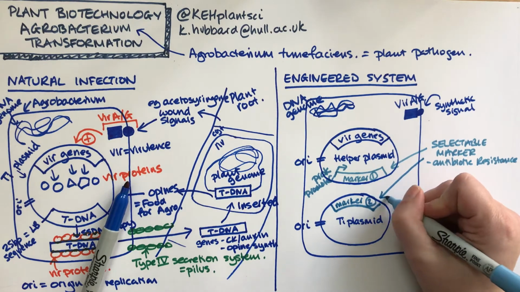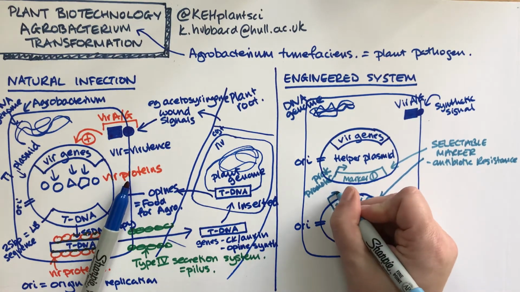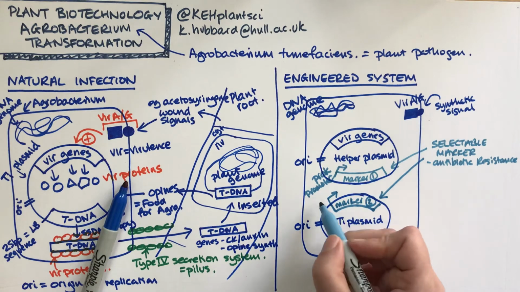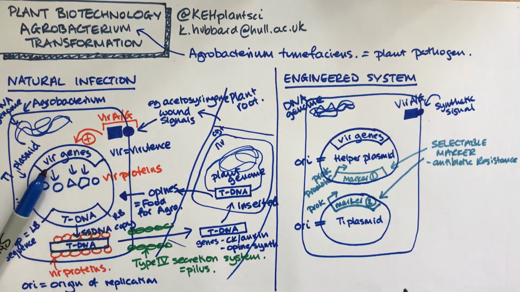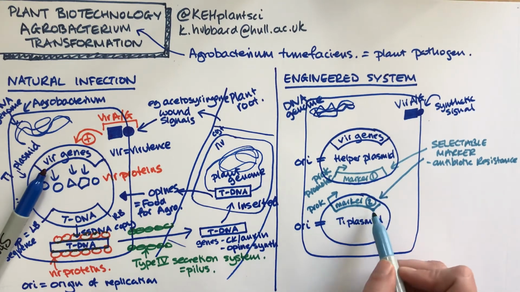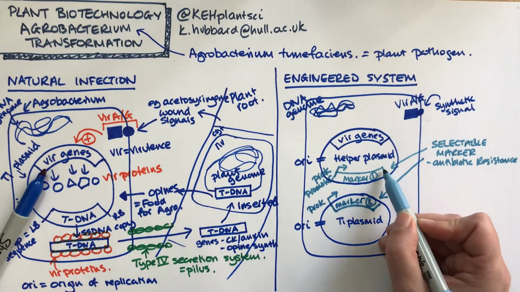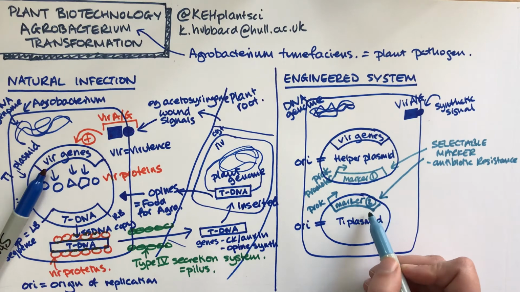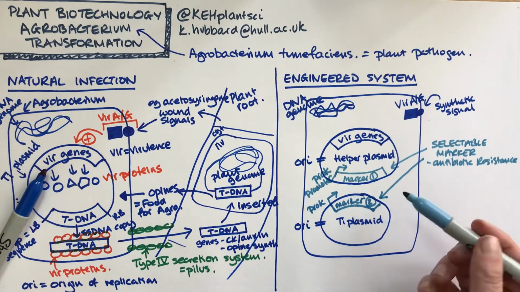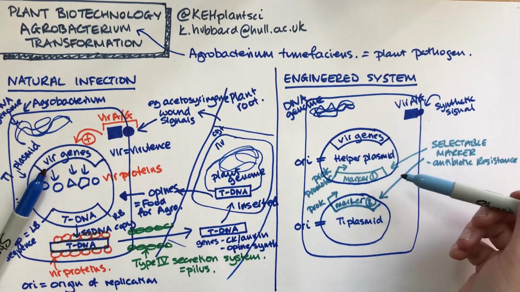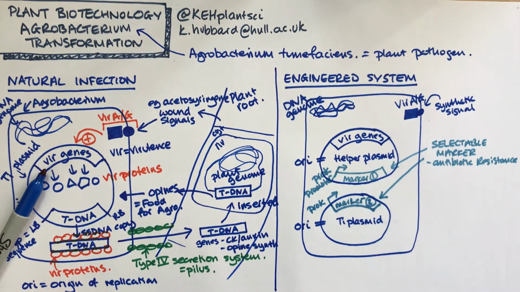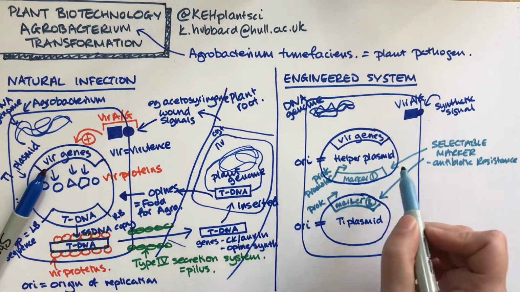So it's another selectable marker. Again, it's got a prokaryotic promoter, so it can be switched on in bacteria. But it's going to be a different antibiotic. So if this one was kanamycin, this one might be neomycin, for example. Okay, so we now actually grow our bacteria with two different antibiotics to check that they've got both of the